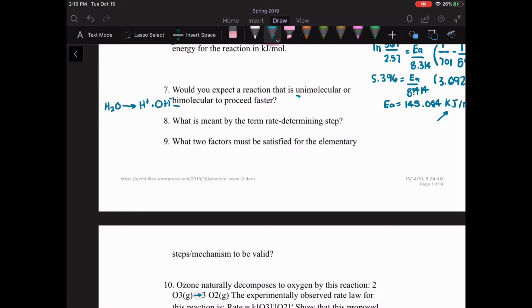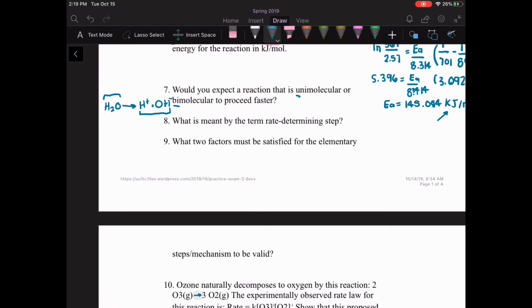But so that would be unimolecular, as in one reactant, versus something that's bimolecular, which would be sort of the reverse, hydroxide plus hydronium ions to form, or I guess hydrogen ions, I'm so sorry,